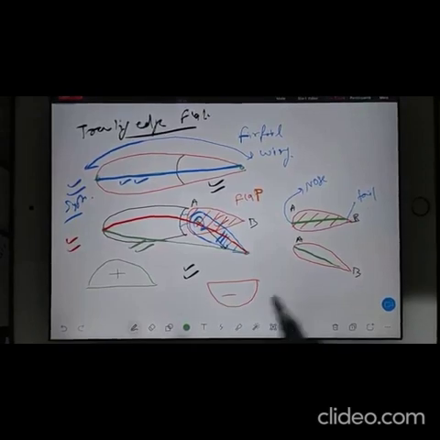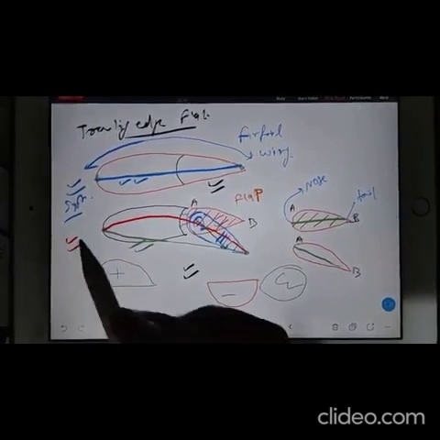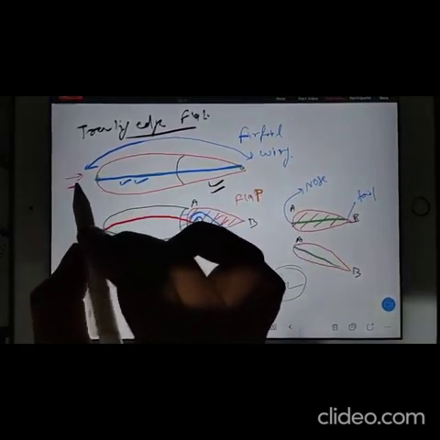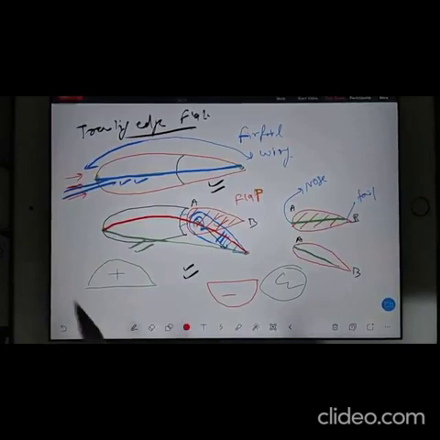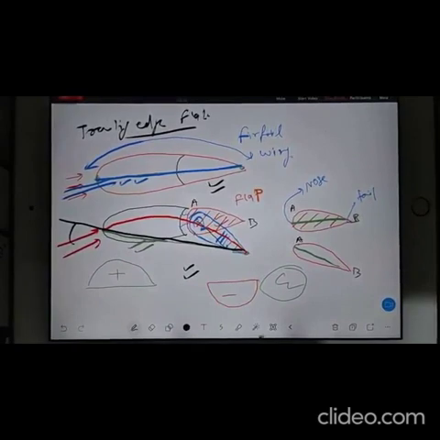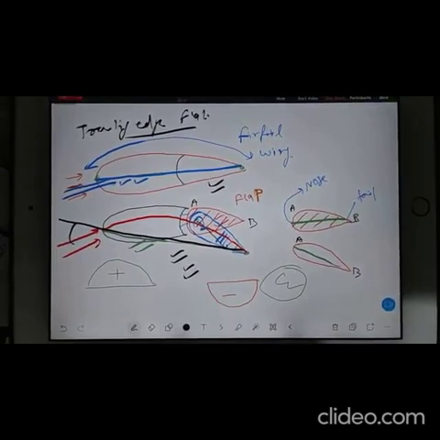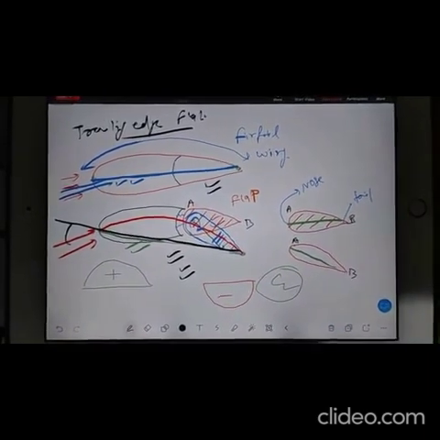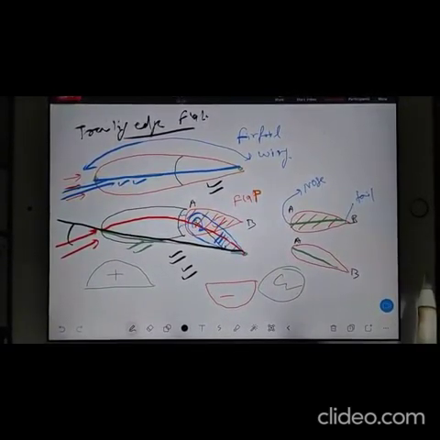Because of that, finally what is happening? Your CL is changing. Already we know the CL alpha curve. So what is alpha here? Earlier, air was coming from this direction, so approximately here you can see the angle of attack is 0. But now, if you maintain the same air, you can see this is your chord line, so the angle of attack increased. By deflecting the flap, you are shifting the chord line location. Because of that, you are getting an angle of attack, and because of that, you are getting a different CL.